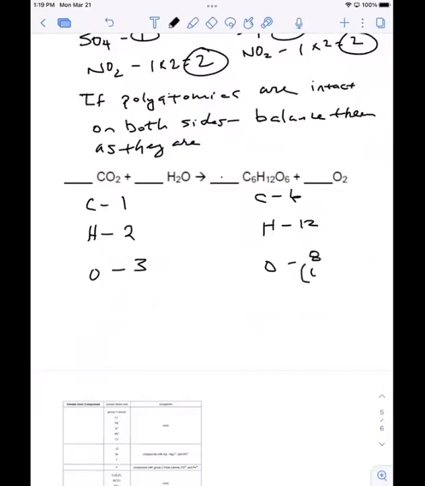And that's because it's 6 plus 2, right? 6 here and then 2 here. So I'm writing that like that on purpose, showing the addition, so that when we get ready to balance it, we can just change these numbers to whatever the new number is, and then we'll know how many oxygens we have. So let's start out by balancing the